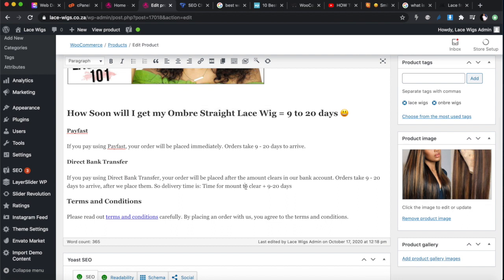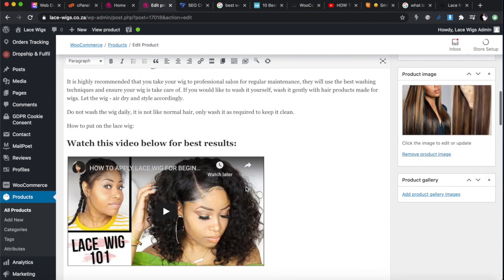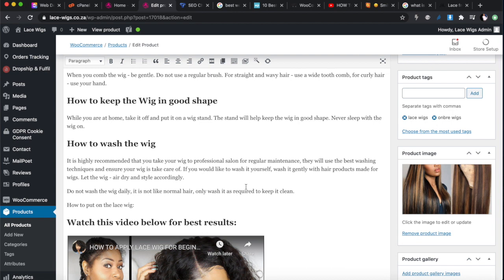So a lot of new dropshippers just want to go to AliExpress, copy and paste, and then put it here. And if you use the dropshipping plugins, that's what they do for you. They will go to AliExpress, copy and paste the description, and put it on your website. And people are lazy. They want to dropship 100 products at a time, and they don't have time to go through the product descriptions one by one. It's a very bad idea.